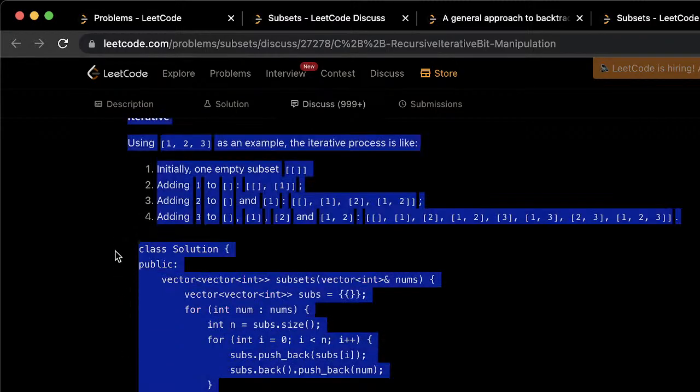Okay, let's try this one. See if we can make sense of it.